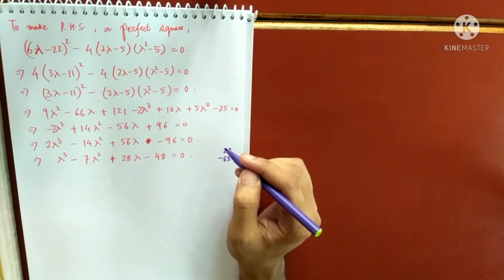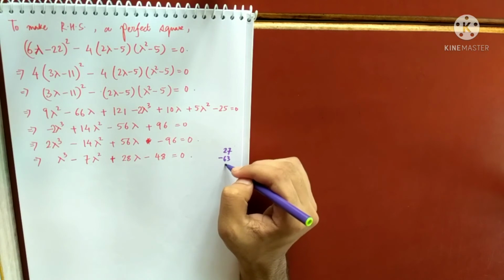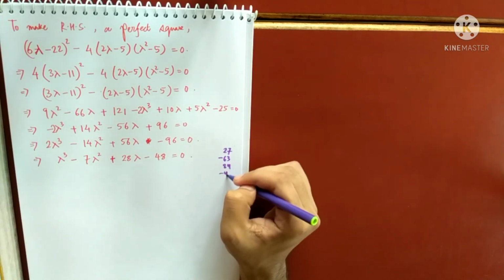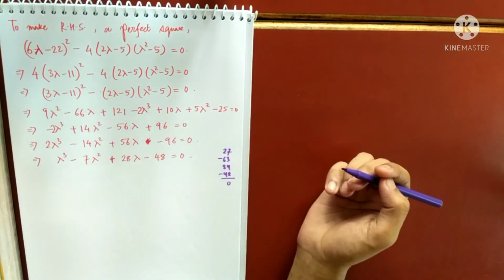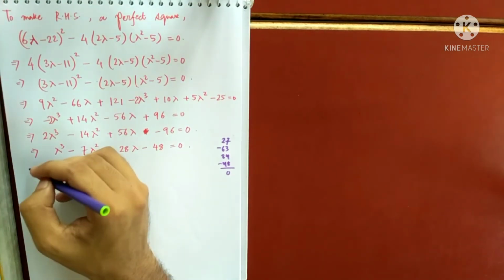75 and 6, it will become how much? 28 into 3, 84 or something, no? 84 possibly, and then minus 48. So you will check, this will come 0. So clearly